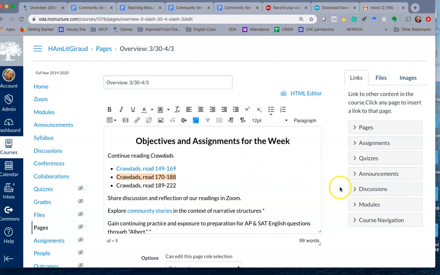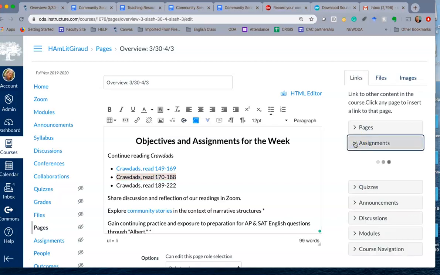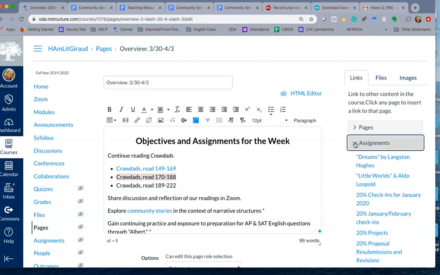So the way to do that is you go to the language for the assignment you've already created. Then you go over here to the right-hand side and look at assignments. So these are assignments presumably that are already contextualized within a module. The module can be called by the unit of study, like if you're a novel or a chapter in a textbook, or you may have switched your modules to reflect time, which is what I've done as I've reorganized my